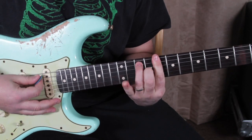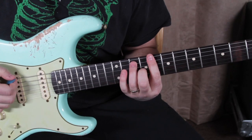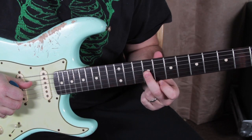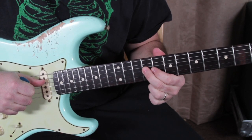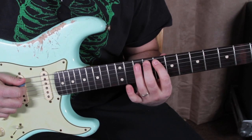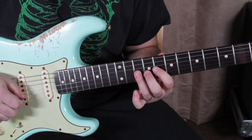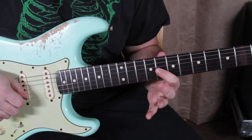So wait a minute, but we're playing a C7, that note's in there. So what you can do when you're playing the 1 chord, one of many things you can do, there's lots of different approaches, but the one right now is to hammer on the major third from the minor third, like this. So watch, if I just go up this little box area, starting on the A string, and I go up this little blues run right here. When I get to that, instead I'm going